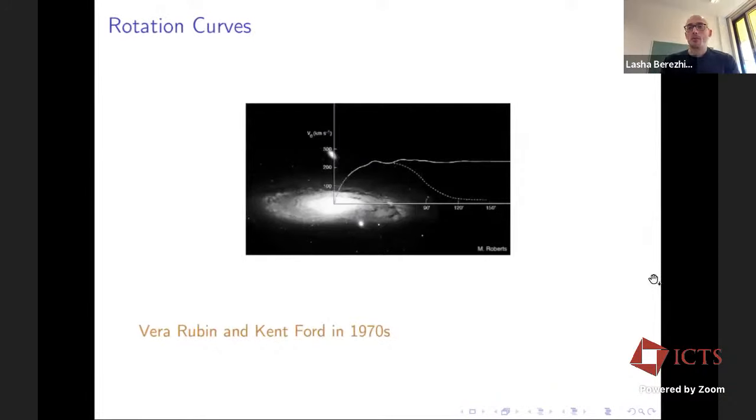Okay, so I'll begin by saying a few trivial statements that I'm sure you've already heard multiple times during this conference. Historically, the first robust evidence for the existence of dark matter, as we all know, came from rotation curves, which represent the functional dependence of the circular velocity of visible matter around the center of the galaxy as a function of the distance from the center.